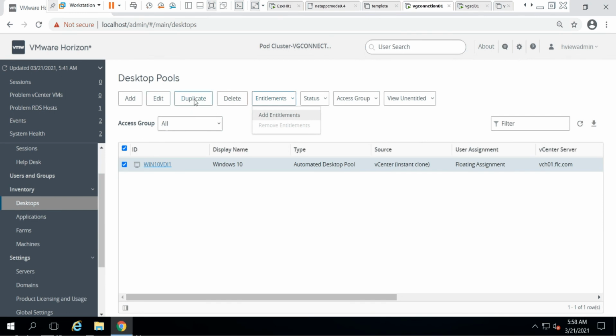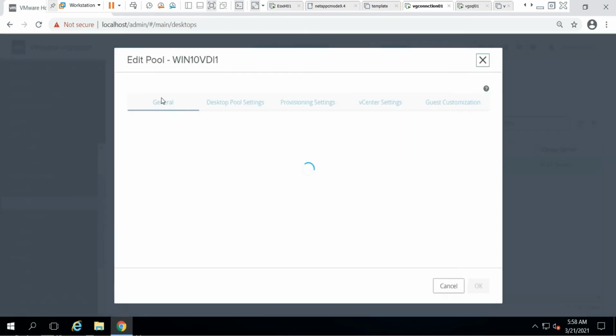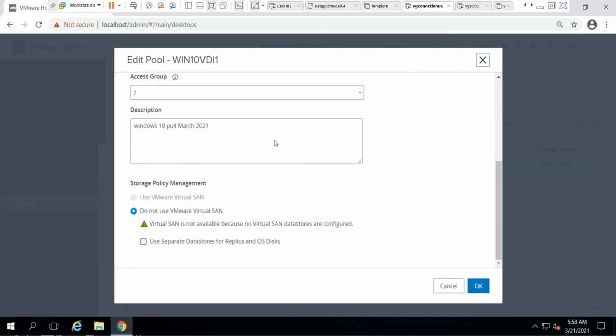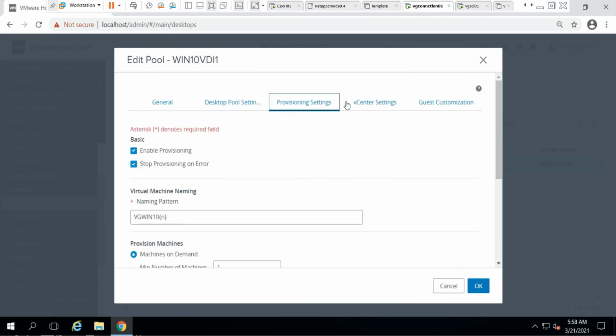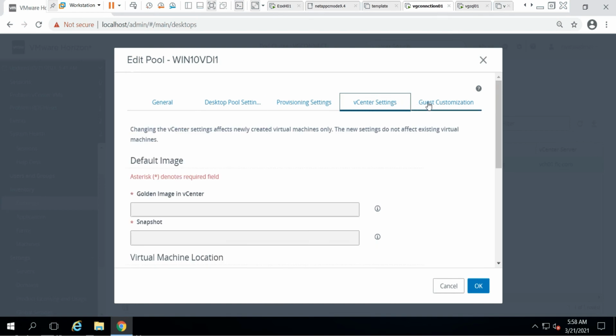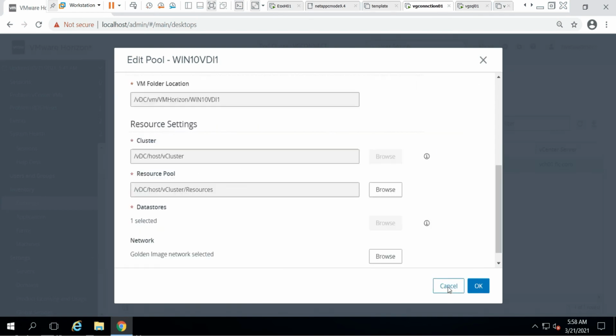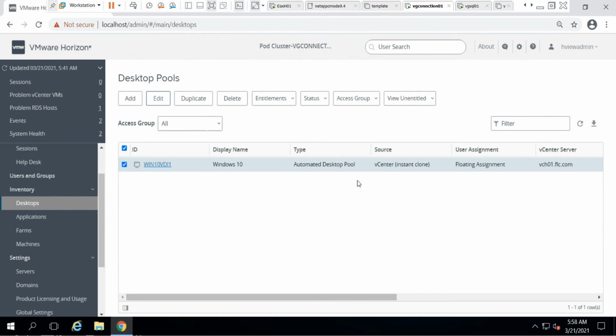You can duplicate the existing pool or edit the pool. If you make some mistake, click here, and you can do the editing by going to the required settings. So these are the options. Now it is provisioning. We'll go to vCenter and see what's going on there.